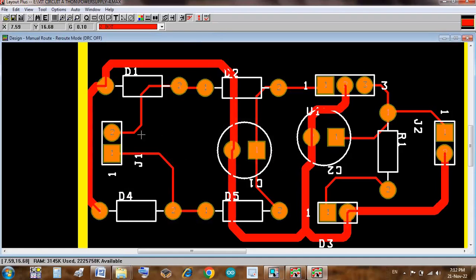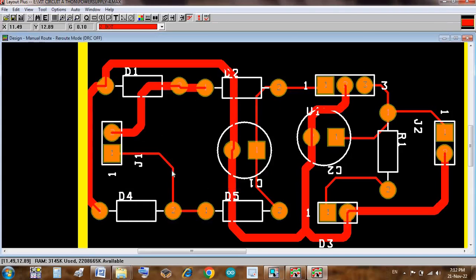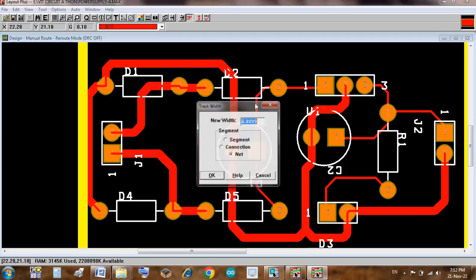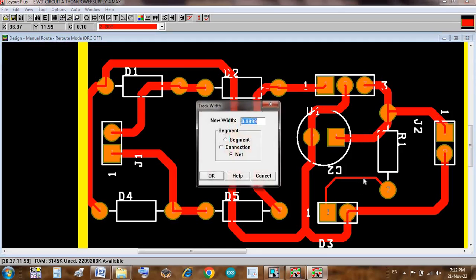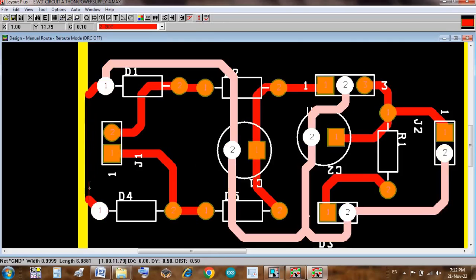Again W, again refresh. If you feel it gets disturbed with the board outline,